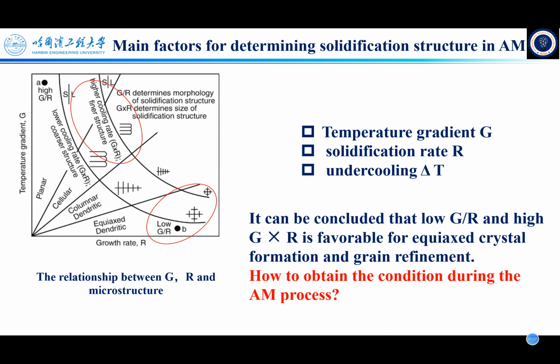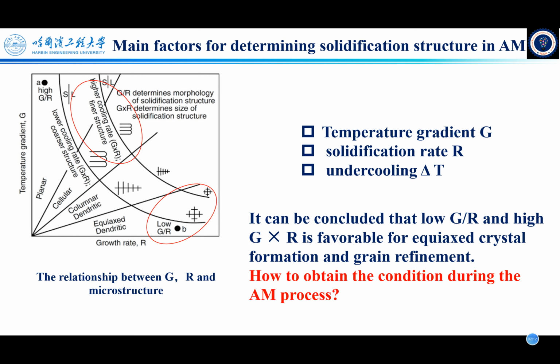In order to make clear the reason for the columnar crystal during the additive manufacturing process, there are many references with respect to investigation on the main factors for determining solidification structure. The main factors are temperature gradient, solidification rate, and undercooling. This figure shows the relationship between G and R and